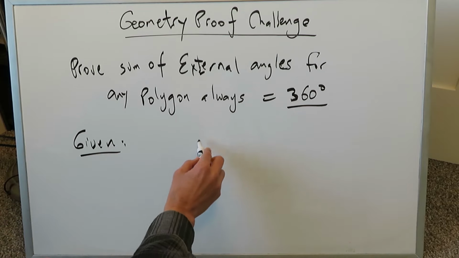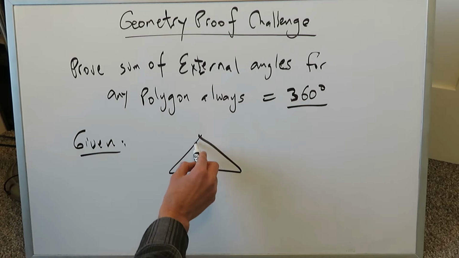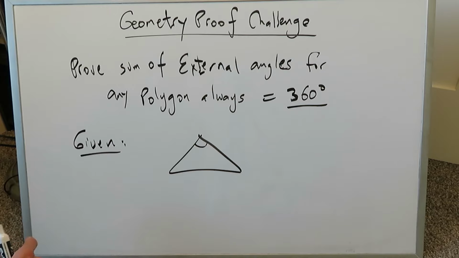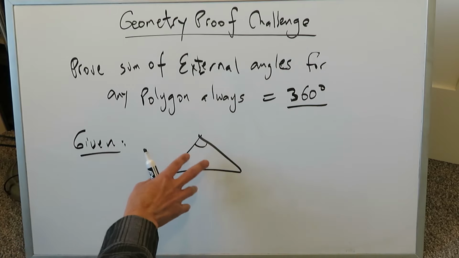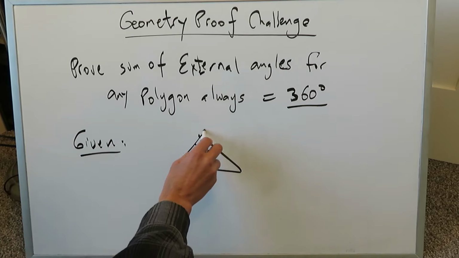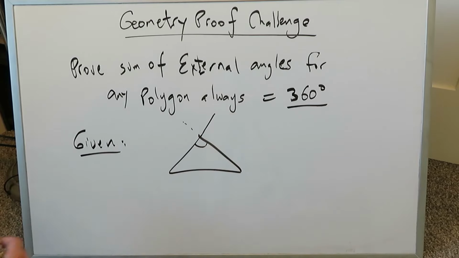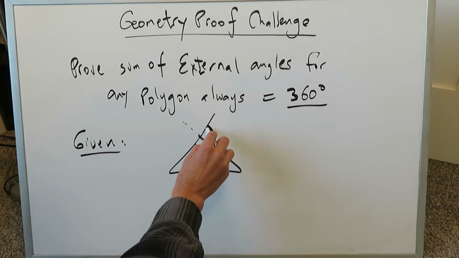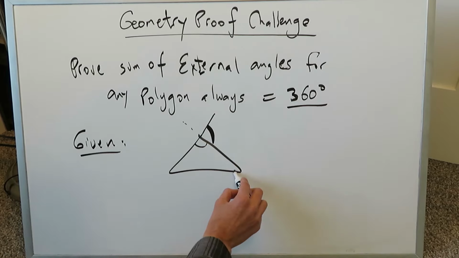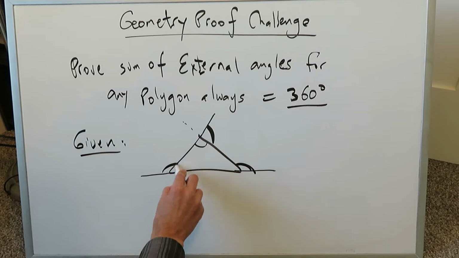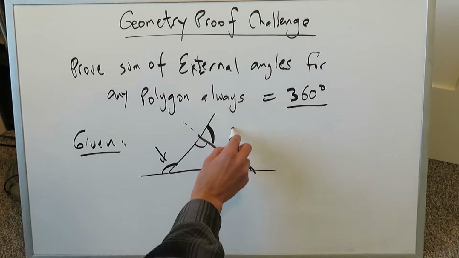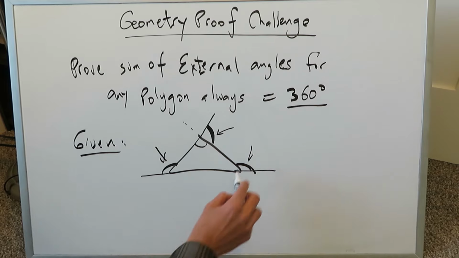External angles. Let's look at a triangle. When we're looking specifically at this angle, we know it's an internal angle because it's internally placed. If you were to extend any of these lines outward, whether it was this one or this one, now you've generated an external angle, and that external angle is this. If you were to generate external angles for all of these vertices of this triangle, you've generated three external angles. One is this, one is that, one is that. If you were to add up all of these three external angles for this triangle, it will always equal 360